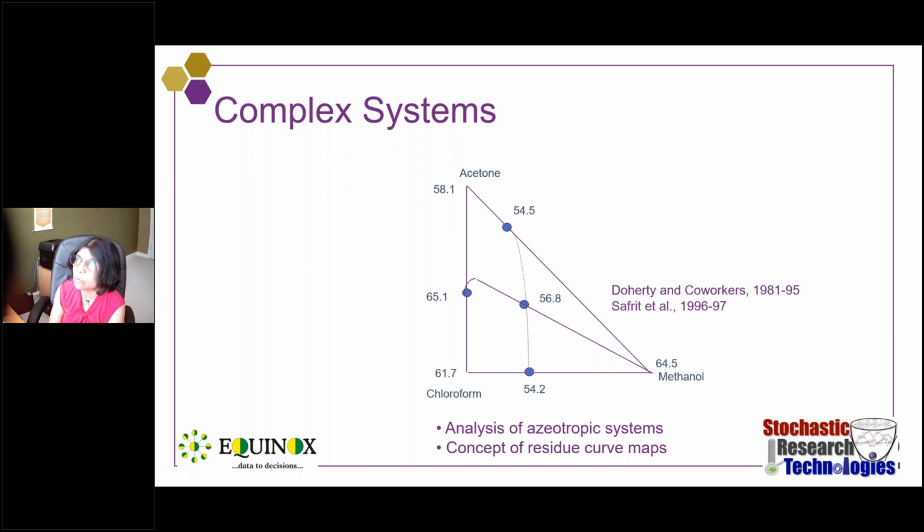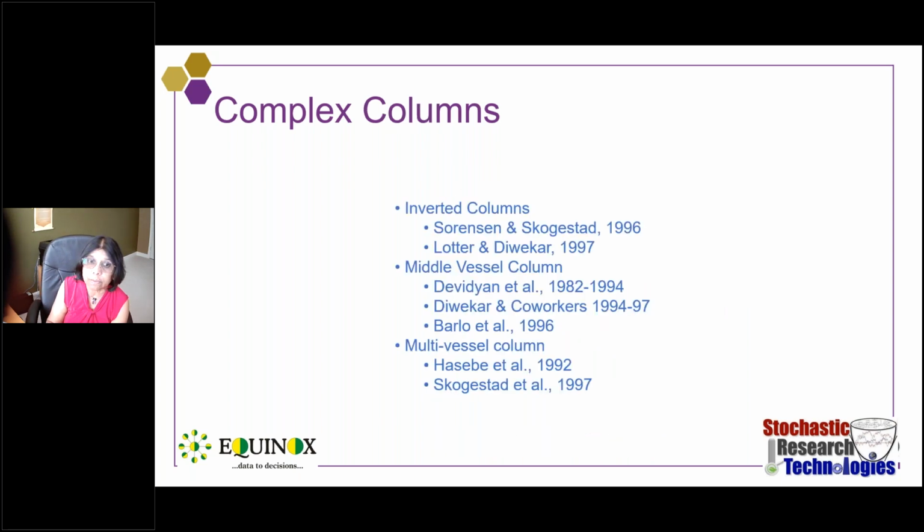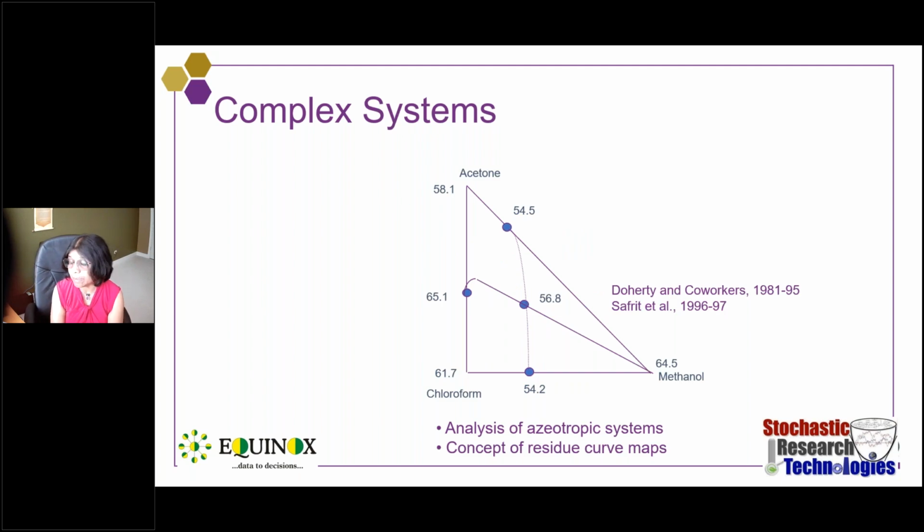Azeotropic systems, as we know, if you look at a binary azeotrope, it provides a barrier in between. But if you have three components, then there could be many azeotropes: binary azeotropes, ternary azeotropes, and what they call residue curve maps, showing how simple distillation is behaving. And what Doherty and co-workers propose is that by looking at this simple distillation behavior, or residue curve map, you